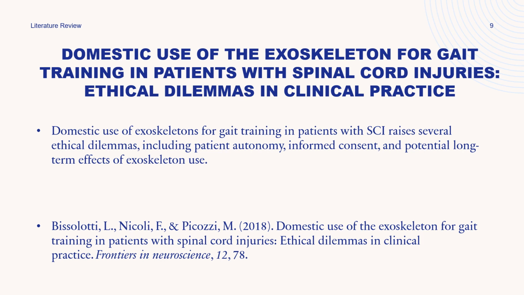This highlights the potential long-term effects of exoskeleton use and how they can impact the patient's social and psychological well-being, which are ethical considerations that need to be taken into account when deciding on the use of exoskeletons in clinical practice. Overall, the article provides a thorough exploration of the ethical dilemmas associated with the domestic use of exoskeletons in